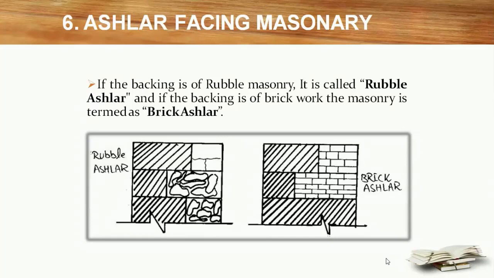Then the next is the ashlar facing masonry. So basically in this case, the main wall is brick or rubble masonry, or even concrete only. Ashlar faces are provided, as you can see in the figure also. The facing blocks are not less than 200 in height, the width being 1.5 times the height. Headers are provided at regular intervals, the width of the header being more than the width of the other courses by 400. The bed joints of the stone are dressed perfectly, as you can see in the figure also.